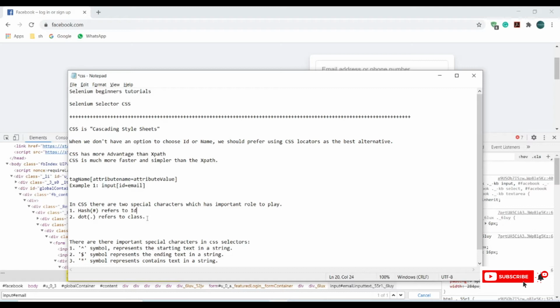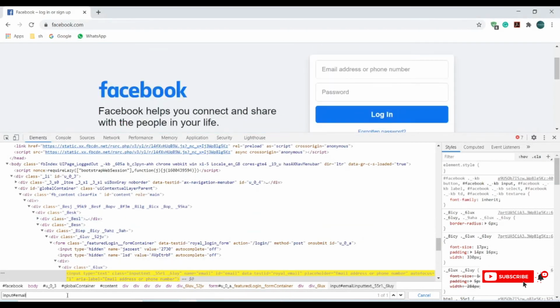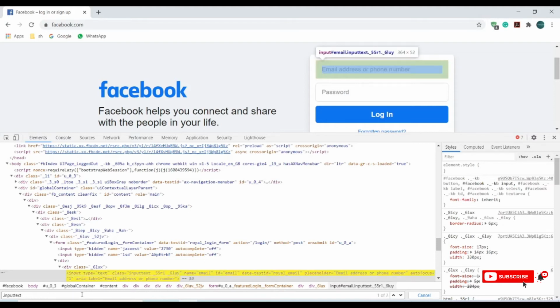And we have a dot operator as well. How can we use this dot? Let me erase this one, and I need to copy the class name. Let me copy the class, put a dot operator, and then paste the class value. The class is referring to 2 instances here, so I need to use any one of them. Now it's filtered and highlighted. We have 1 of 2 items here. We can filter it further and use unique ways like adding more attributes. This is how the ID and class references work with the hash and dot operators.